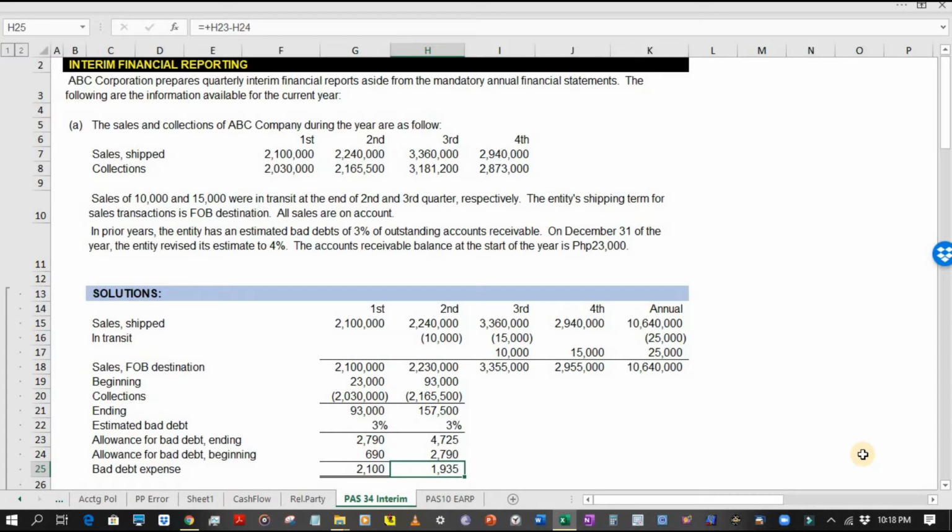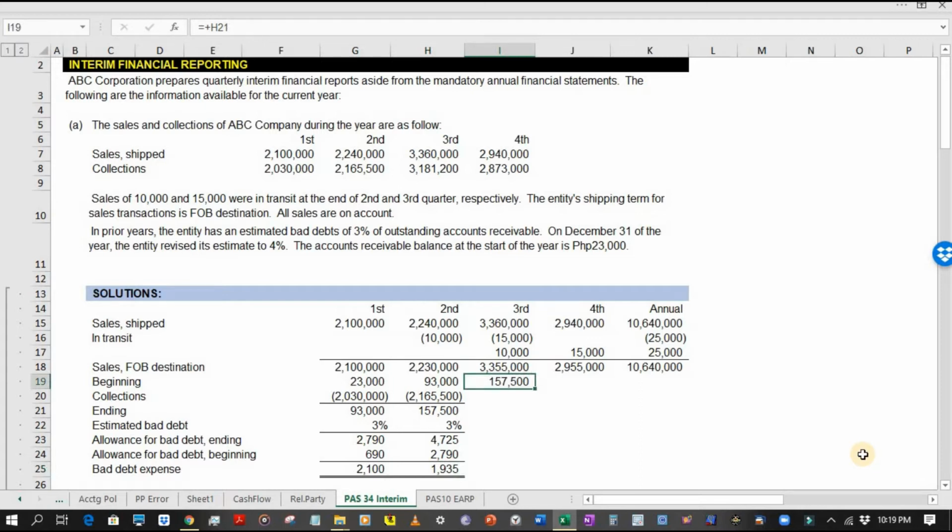So for the income statement in the first quarter, the bad debts that should appear must be 2,100. And for the second quarter, the non-cumulative income statement, which will cover April to June, the bad debts that should appear is 1,935 pesos. Then in the third quarter, our beginning balance would be